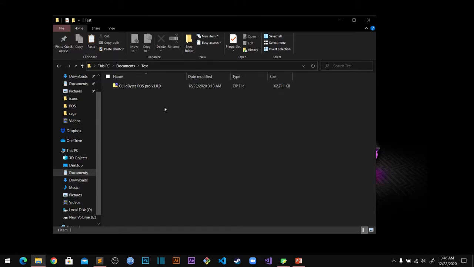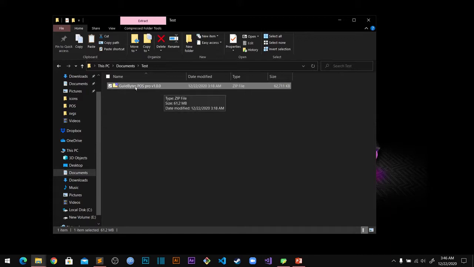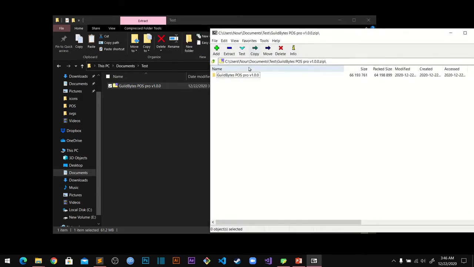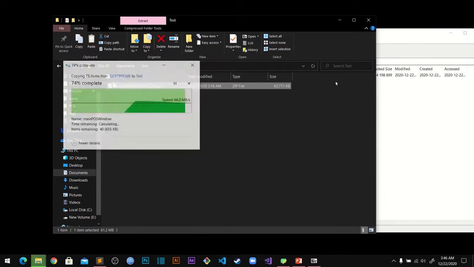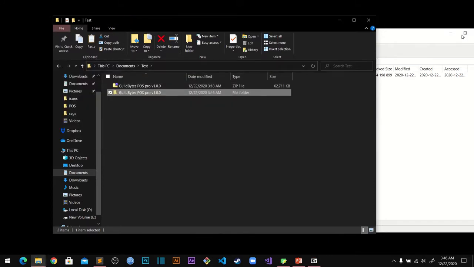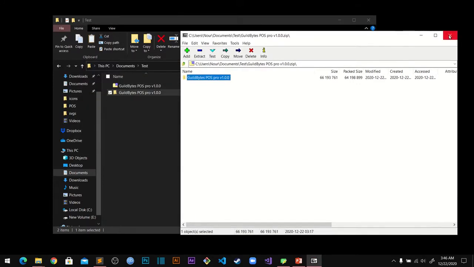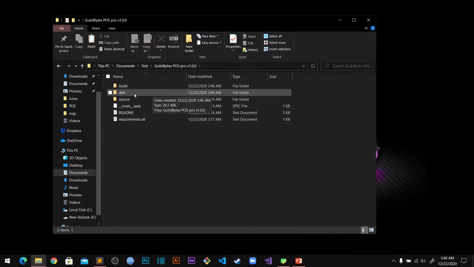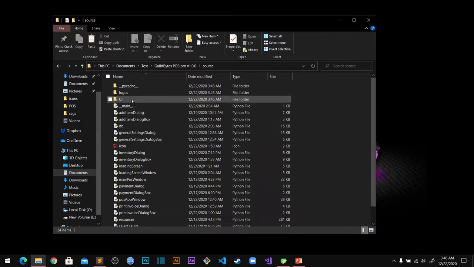So I'll show you how to set it up. When you get your download, it's going to be a zip file in this form. The first thing you need to do is to extract. So I'm just going to extract it right here. Okay, once it is extracted, inside this there is the source code, which is right here, and then